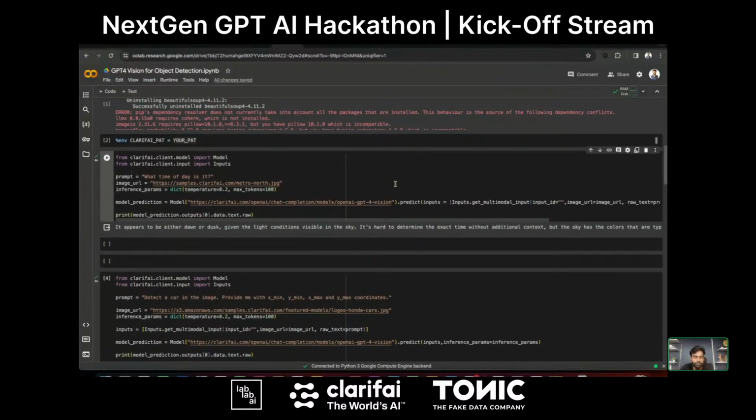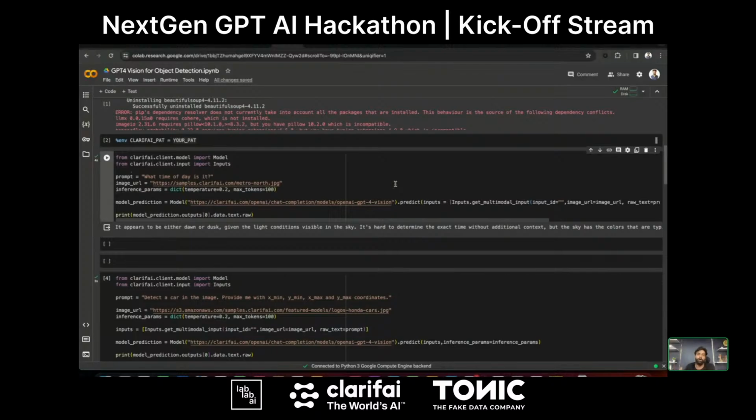As I just discussed, GPT-4 vision is capable of understanding image data. You can see I've passed my image data and also the prompt, asking for a description of this image, and we got the response, right? Let me think of a use case of object detection. For example, let's say I have an image and I need to get the bounding boxes of an object which is present in the image.